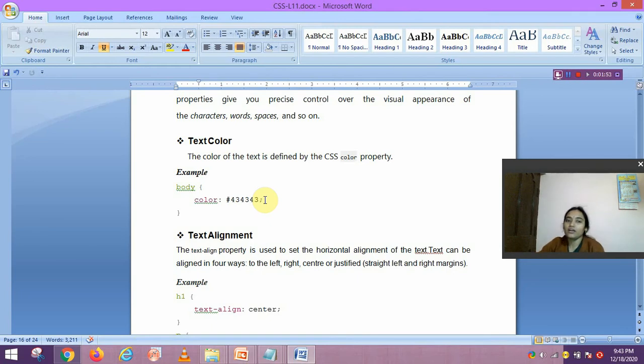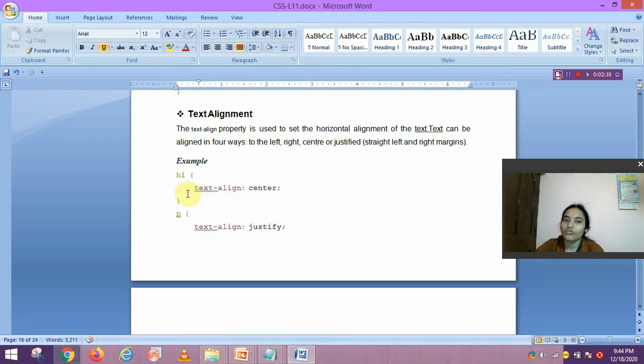Then we set the text alignment. The text-align property is used to set the horizontal alignment of the text. Text can be aligned in 4 ways: left, right, center or justify. If we set text-align to center, it will display in the center.